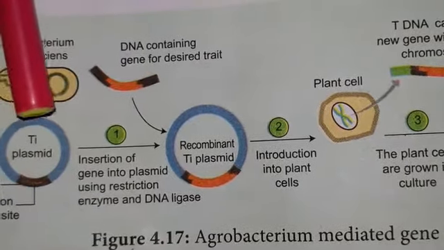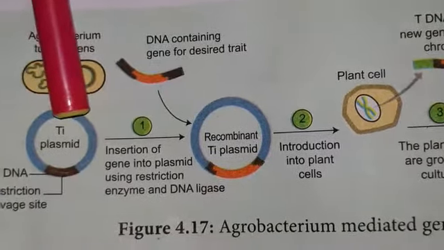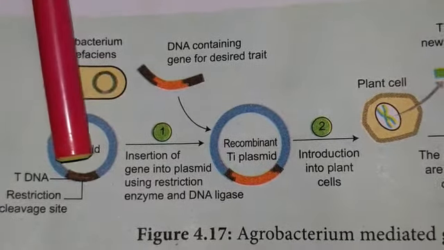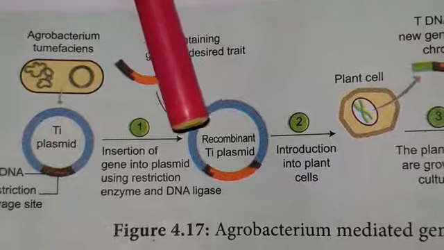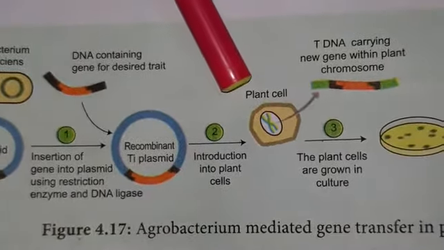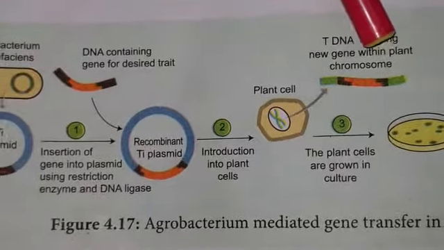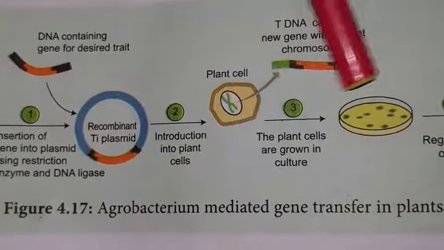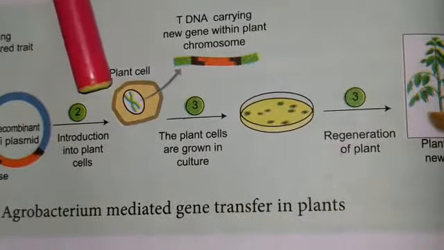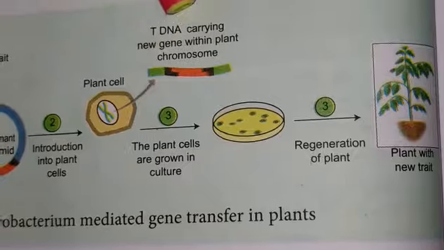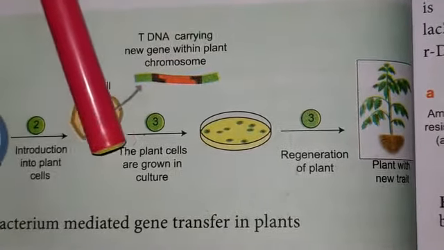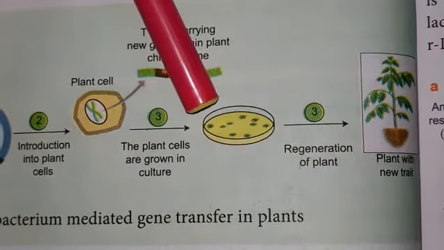By removing the Ti, that is the tumor induction property of the cell, and instead of the Ti plasmid, we can add the gene of interest into the plasmid. As in the regular method of infection of the plant, it inserts the foreign DNA into the plant. The plant cell which carries the T-DNA, that is the desirable DNA particle, is cultured in a culture medium.